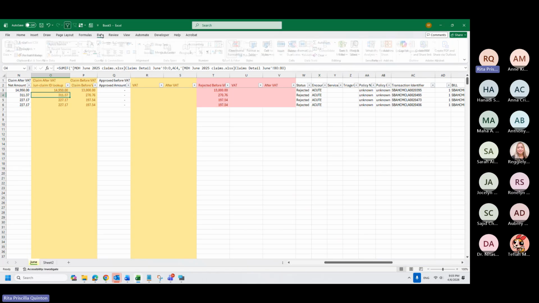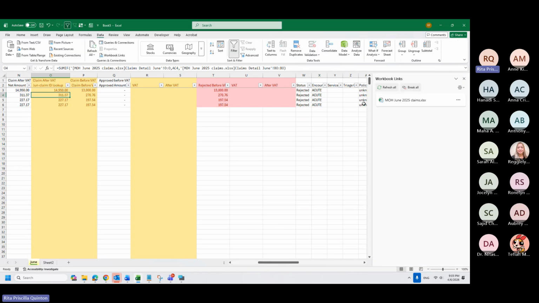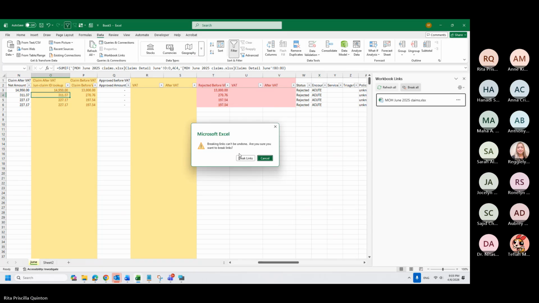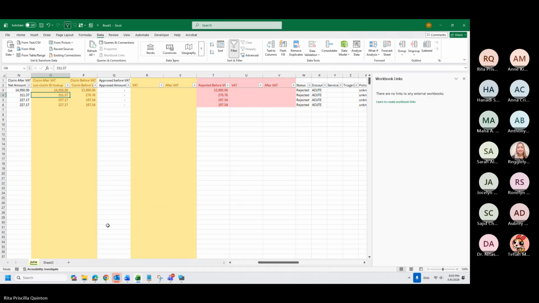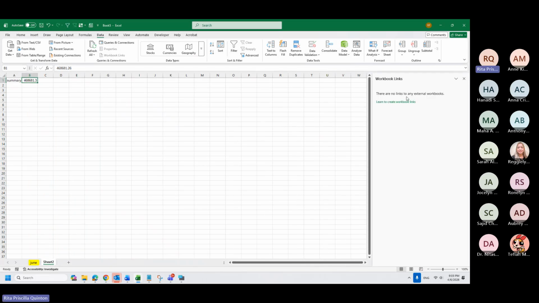So from here, I'll go Data, Workbook Links. You will find this Break Links. You have options actually, Change Source, Break Links. Change Source we can discuss maybe another time. Let's try Break Link, Break All. We will see what's the answer to Anna's question, if it will be applicable for both of them. Yes, it is. Now it was removed.